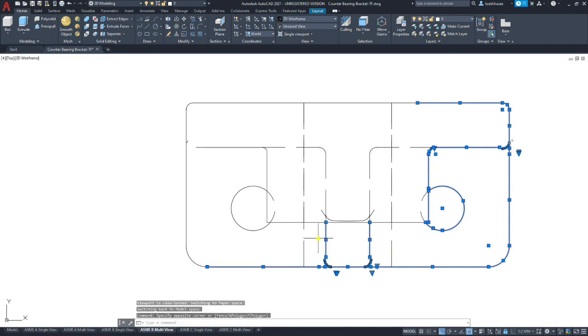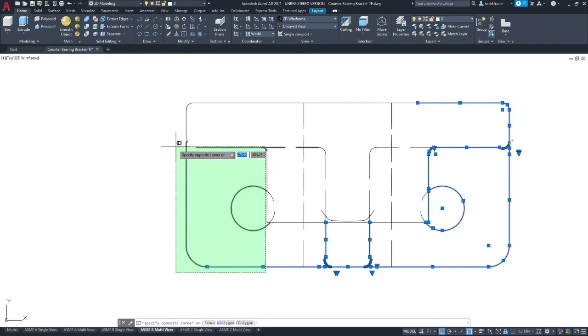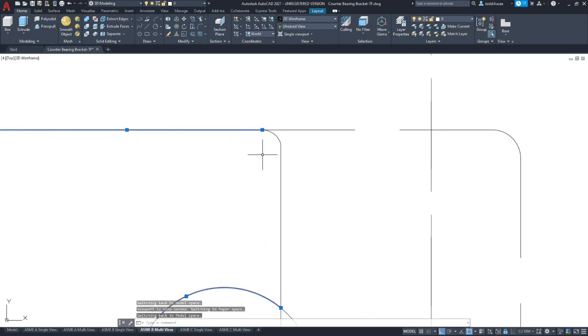We have the rib here, or web, if you want to call it that. And we have everything up to there. We have the one line segment.